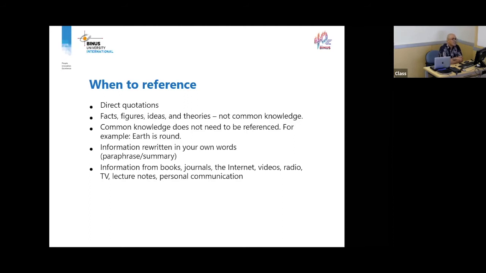So Indonesia is an island nation composed of thousands of islands, making it the world's largest archipelago. And so that is common knowledge, okay? If I say that Indonesia is the world's largest exporter of nickel, is that common knowledge? Type it up in the chat box.